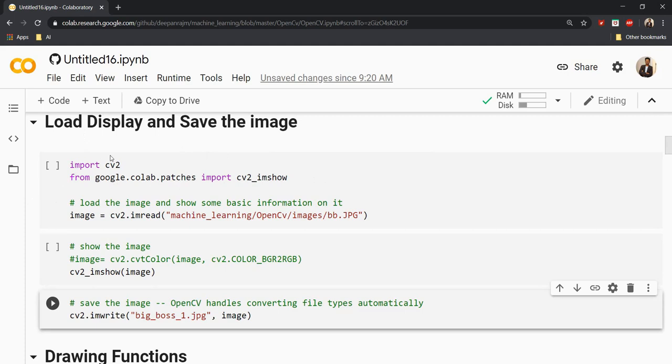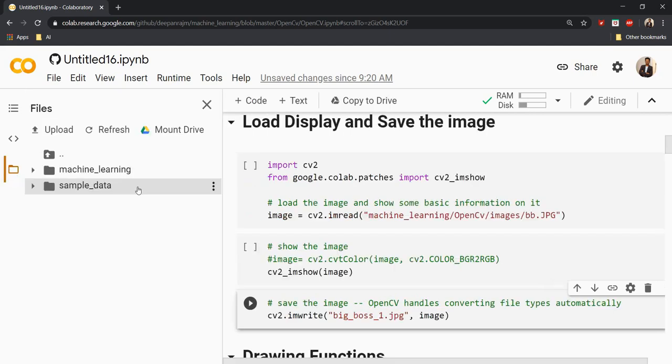In this particular example, we are going to load an image, display an image, and save this image, because these are the three primary steps. No matter what application we do, these are the important steps. In order to do some image processing or some application, we need to load the image. Once the image is loaded, we'll be doing some operation on it, and finally once the operation is done, we will be showing it as an output. So we need to display the image, and finally to use it in the future, we'll be saving that image. On that note, I'm going to use the command cv2.imread to load a particular image.